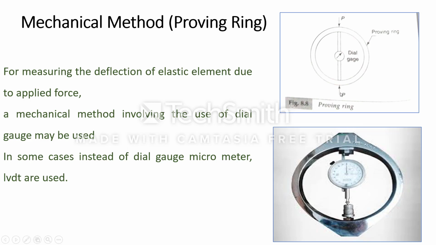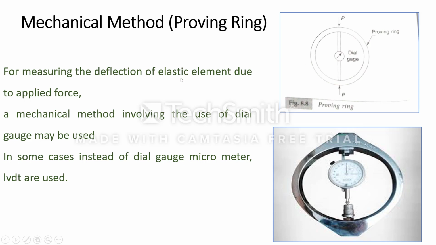What happens if you apply the compressive force from the two sides? The dial gauge gives the reading, and the proving ring must change its shape. Similarly, you can apply the tensile force also, so again the shape of the proving ring will change. In that manner, we can measure the compressive force as well as the tensile force by using the proving ring. At the center, there is a dial gauge. You can change this gauge also. You can apply an LVDT, or any other device to measure the force.